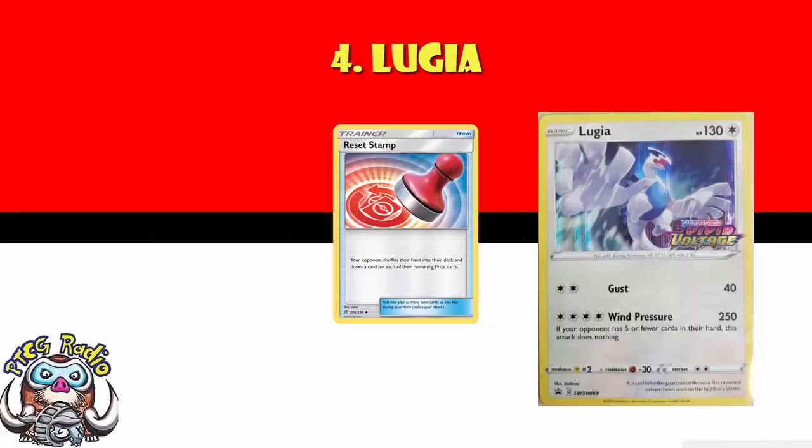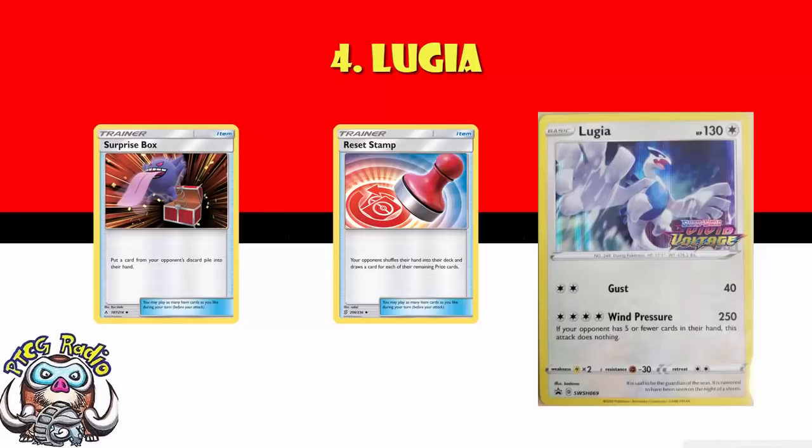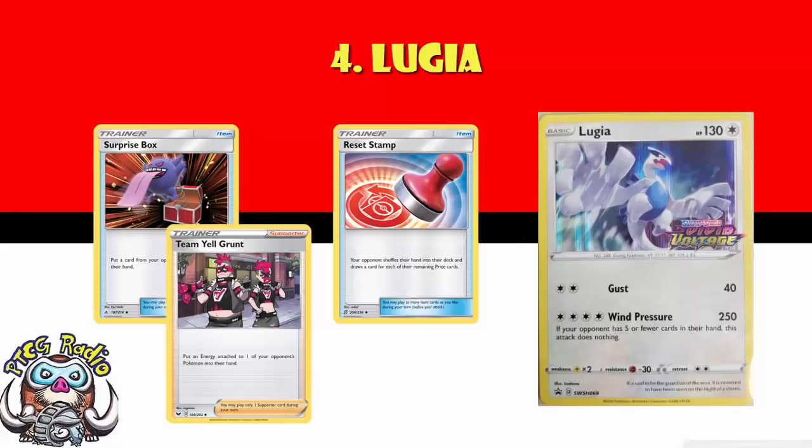You've got things like Surprise Box, which can put a card from your opponent's discard pile into their hand. There are ways, but it's kind of awkward. You've got things like Team Yell Grunt, which will put an energy from your opponent's active into their hand, so that then they've got 1 more card in hand. There are ways to do it, but with LUCIA, I'm worried it's a bit of a gimmicky donk deck,